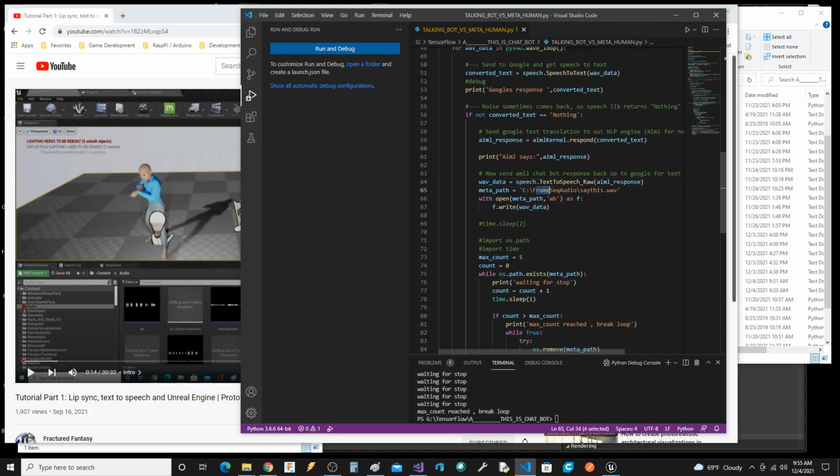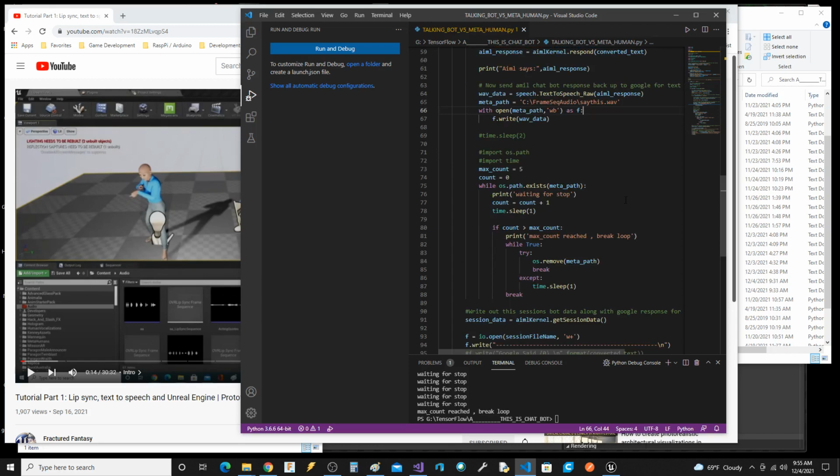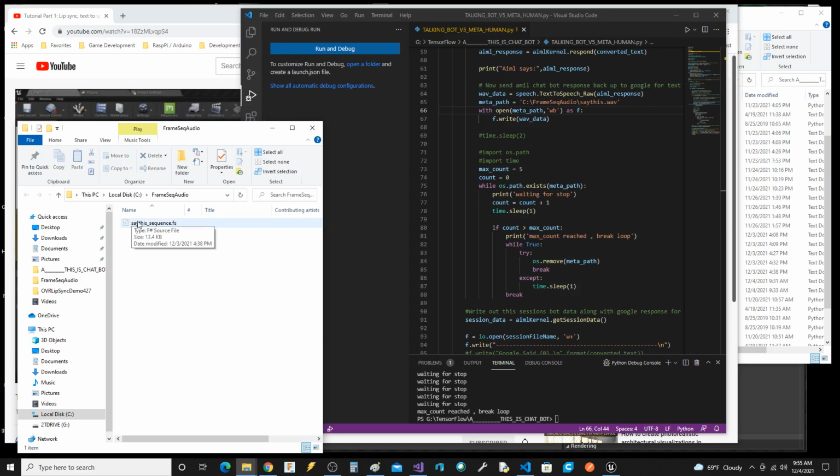We write it out to this directory, and then now we have to synchronize. This is the only way I know how to synchronize right now with Unreal. It's basically going to wait for this file, which you don't see here, to disappear. We're going to put the file in this directory. Unreal's going to pick it up, realize it's there, process it, play the audio and the lip sync, and do its thing.